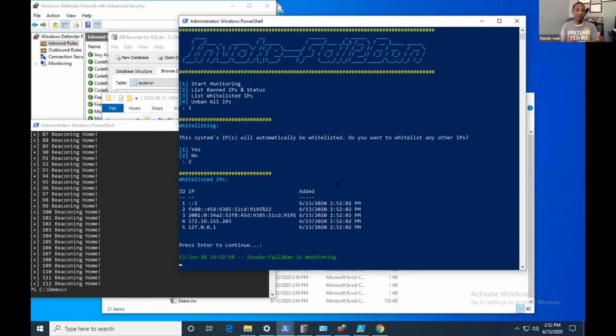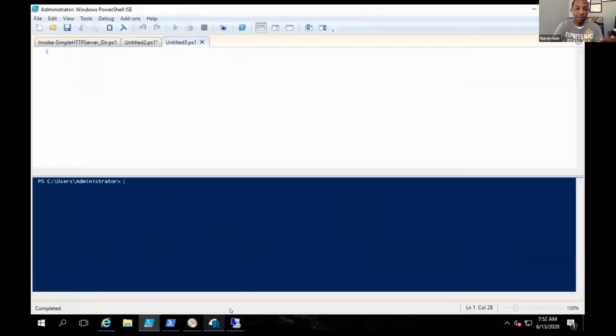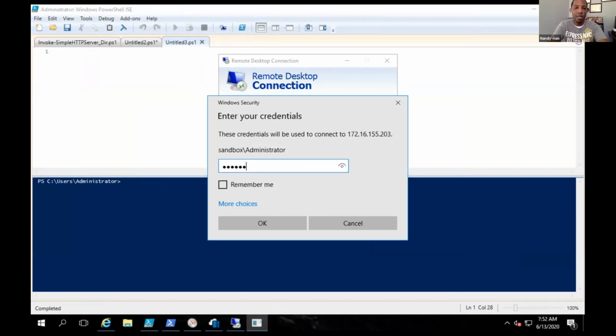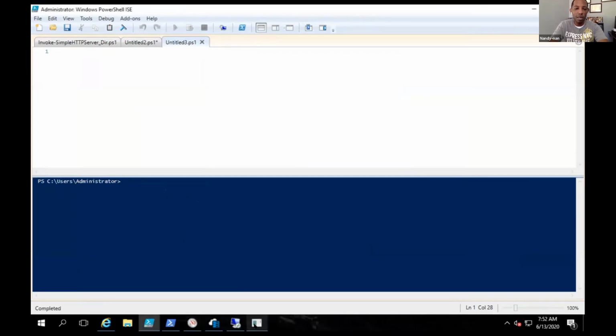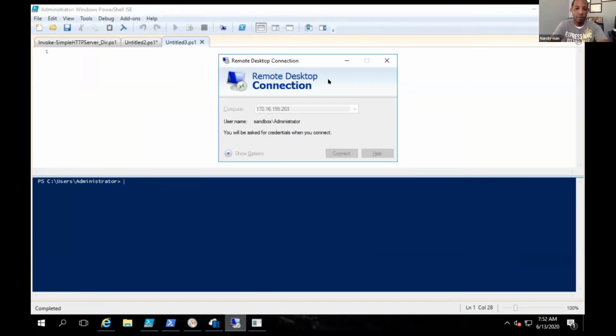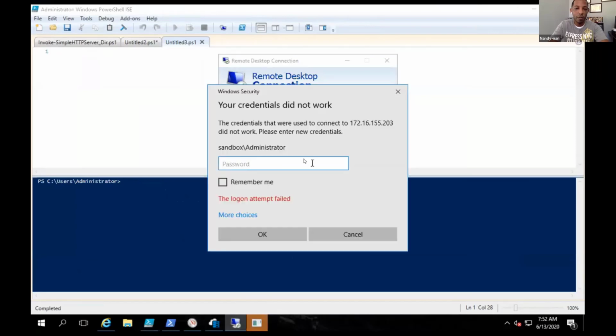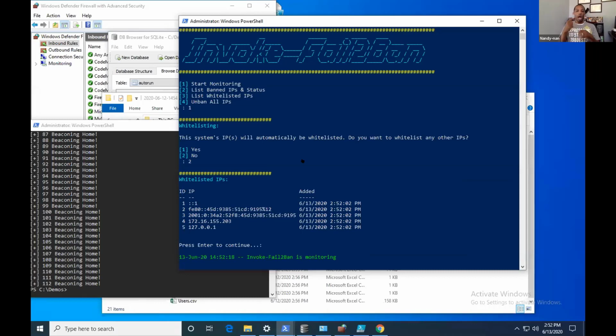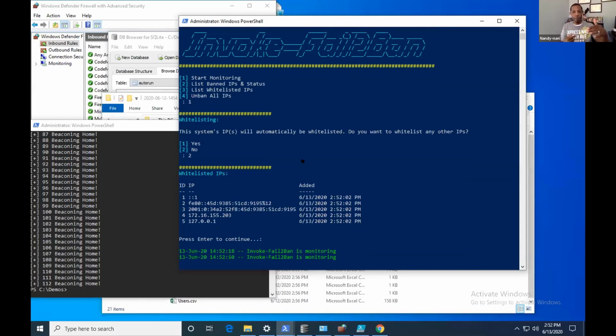I have it running rather aggressively, where it checks every 20 seconds, and I have it at, I think, 4 failed logons or 4 attempts of sorts. So I'm going to do this a couple of times to try to get it to catch here. I have it at 20 seconds, so at 20 seconds it'll come back and say it's still monitoring, or whatever the case.